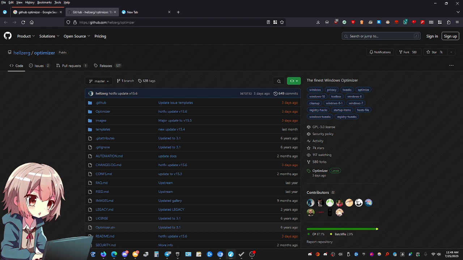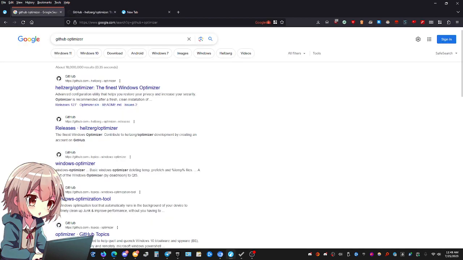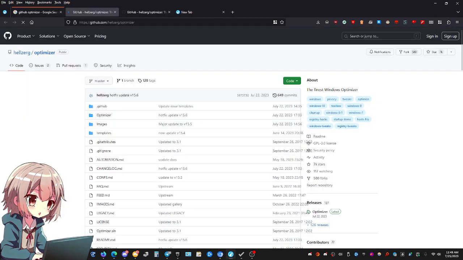First thing you have to do is go to Google and just type in GitHub Optimizer. It should be the first one. If it's not, just make sure the URL says github.com/Hellzerg, who is the developer of this great application. And it's called Optimizer, right? You go to the GitHub page,